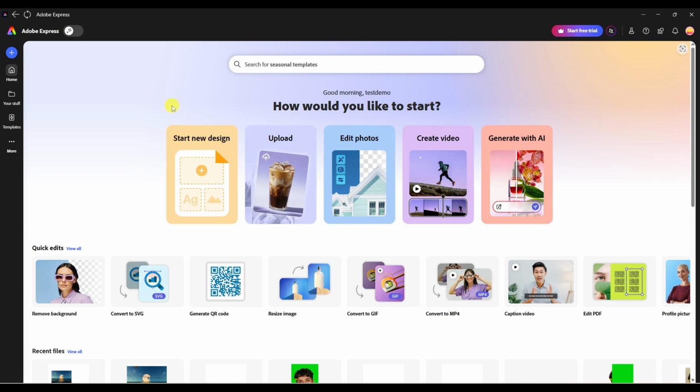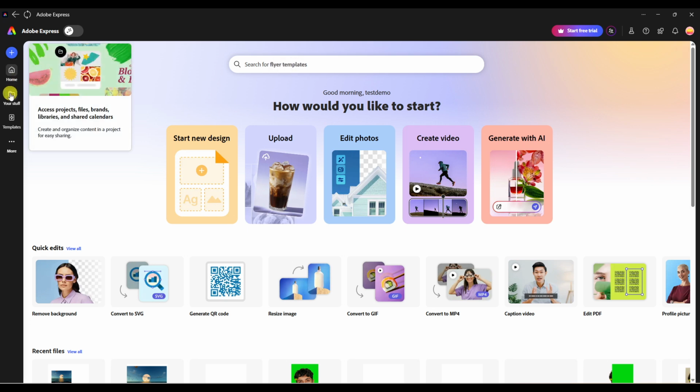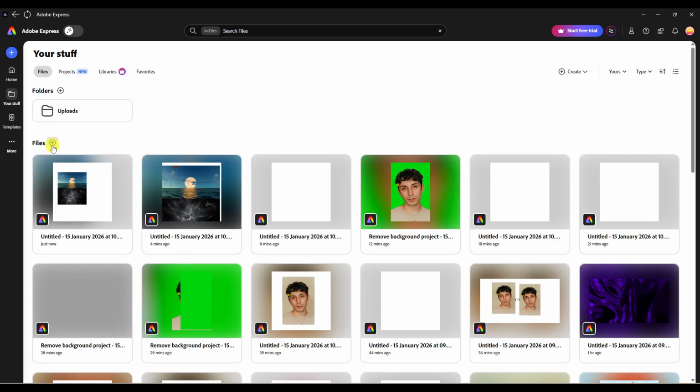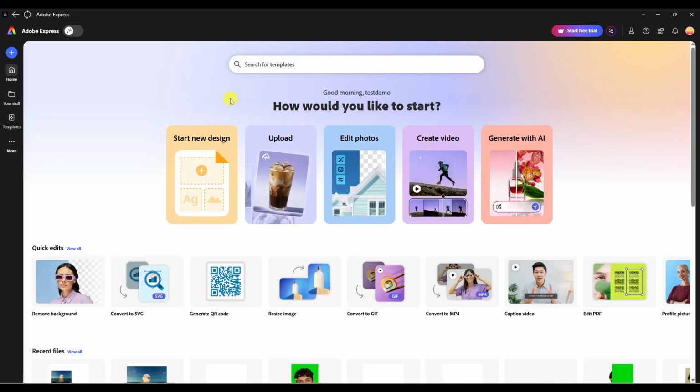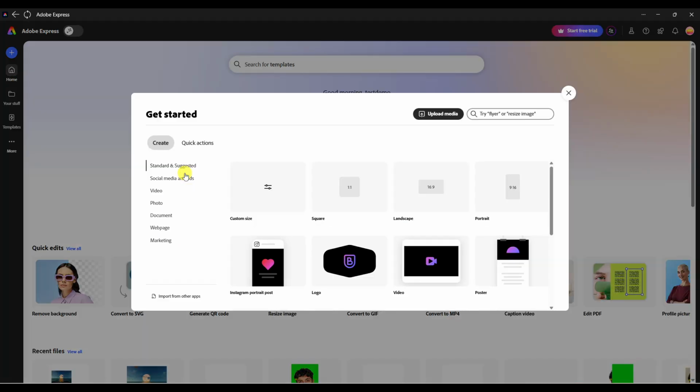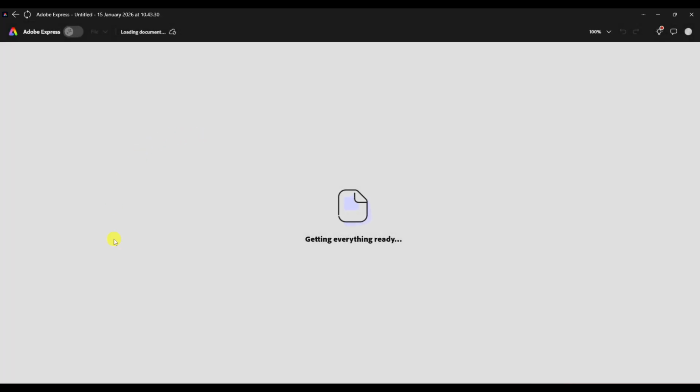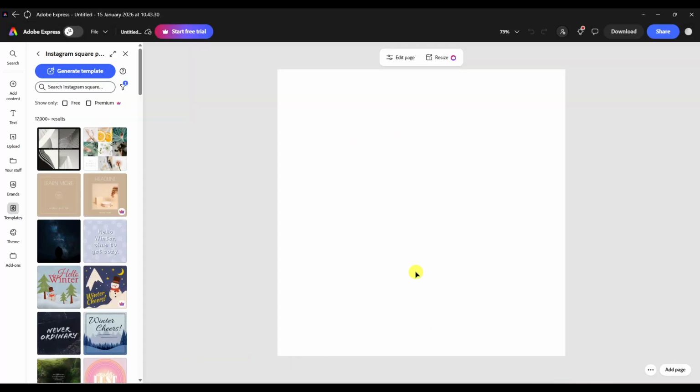Once you're in, look to the left side of the screen. If you already have a project you want to save, click Your Stuff to open it. If you're starting fresh, choose Start New Design. Then, select New Design to open a blank canvas or a template. Give the project a moment to load. As you make edits, Adobe Express autosaves, so you don't have to worry about losing changes while you get ready